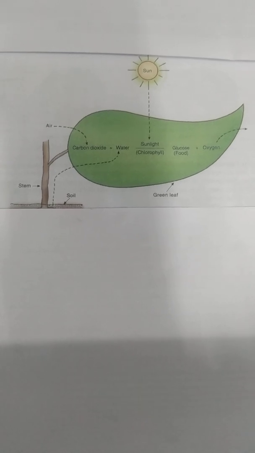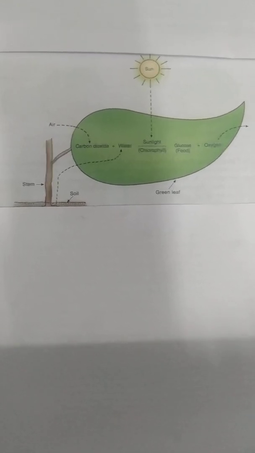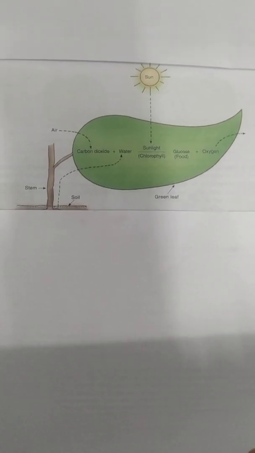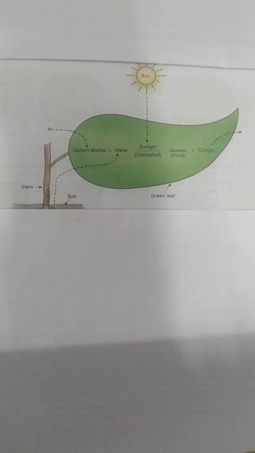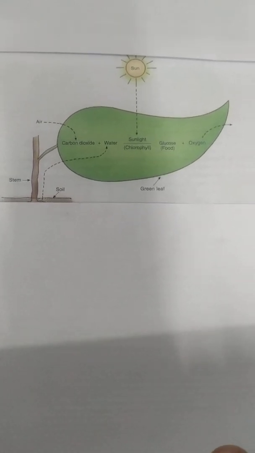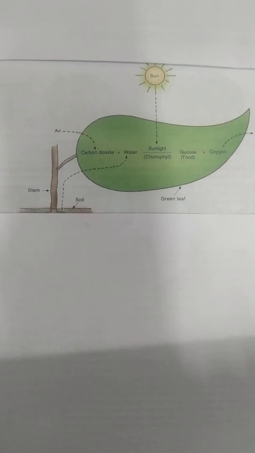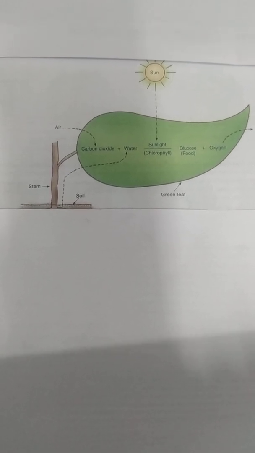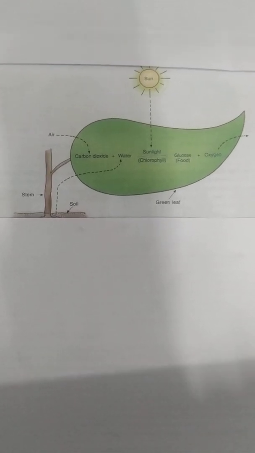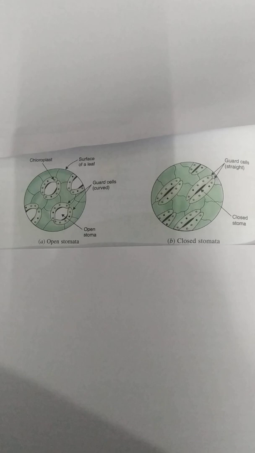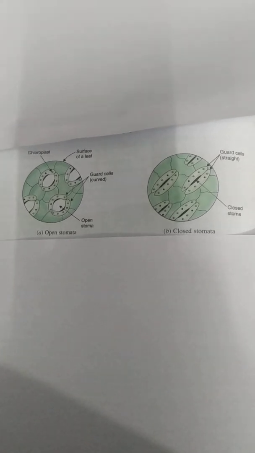The carbon dioxide gas present in the air enters the leaves of a plant through the stomatal pores present on the surface and is utilized in photosynthesis. The oxygen gas is produced in the leaves during photosynthesis and it goes out into air through the same stomatal pores. The stomatal pores of leaves open only when carbon dioxide is to be taken in or oxygen is to be released, otherwise they remain closed. These are diagrams showing open stomata and closed stomata.